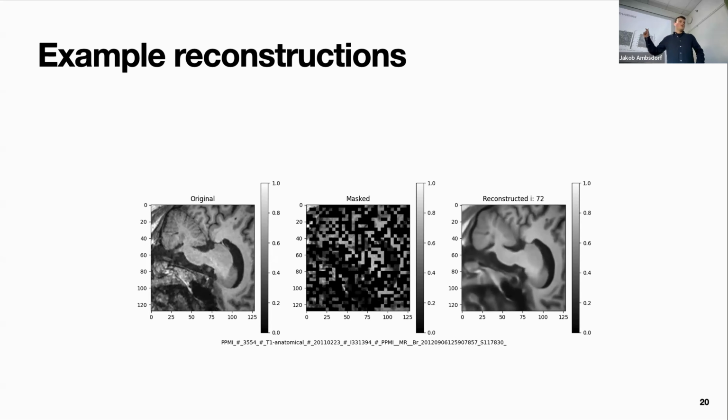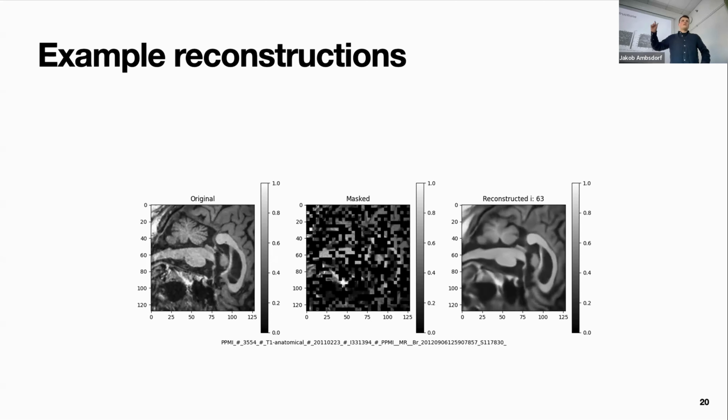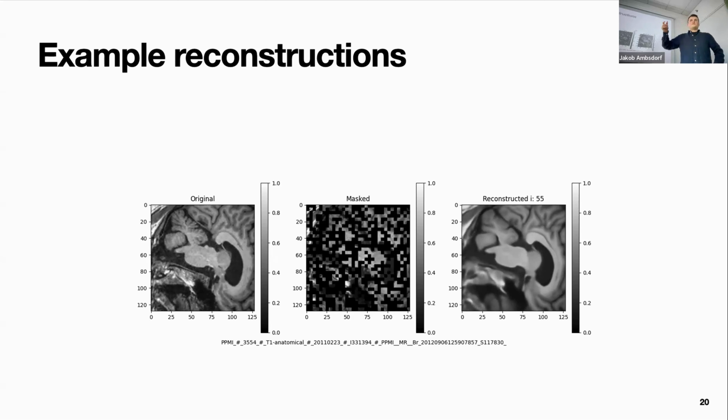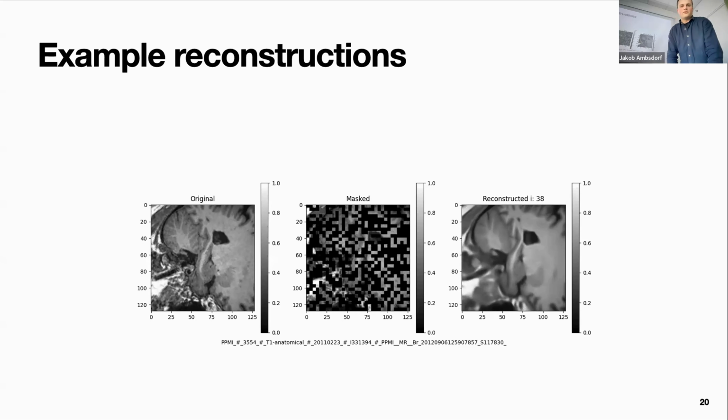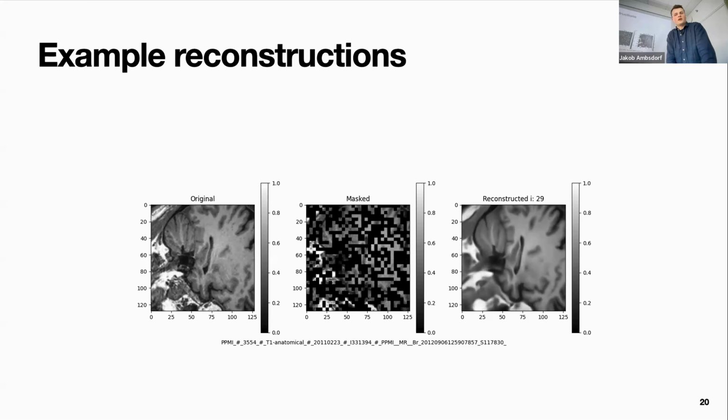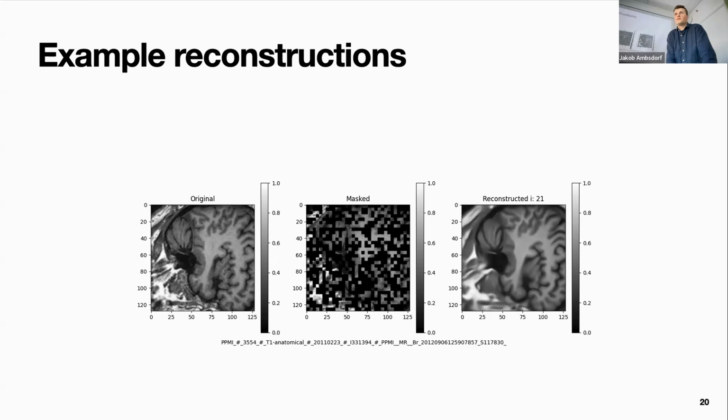And this kind of blurry image that you get is very typical if you use a per-pixel mean squared error loss, because you then incentivize the network to just guess in the middle of whatever you have in terms of noise, so you don't have any kind of perceptual loss or something like that.